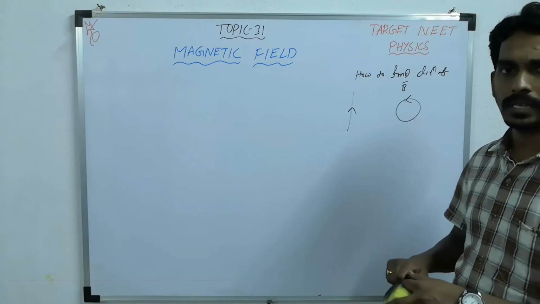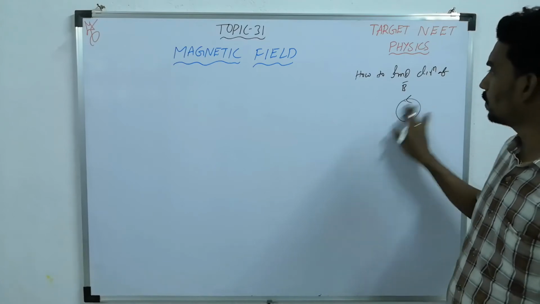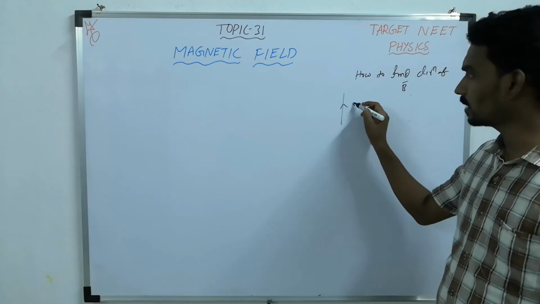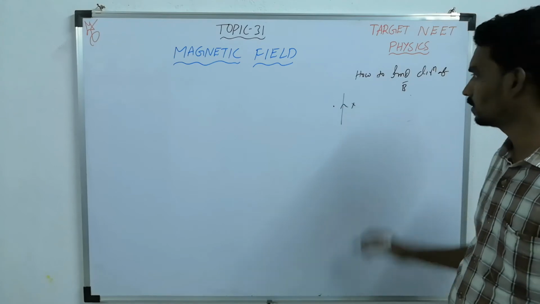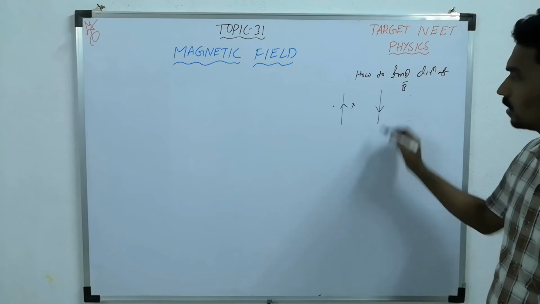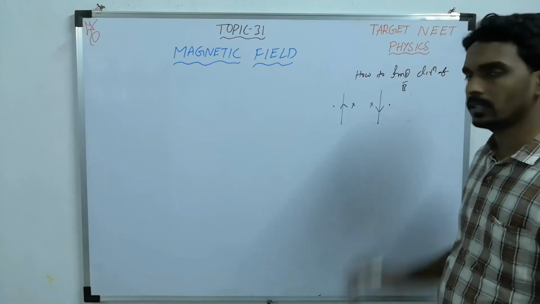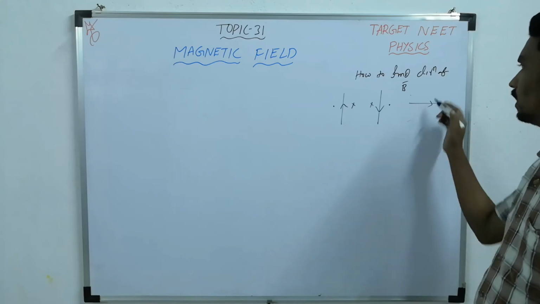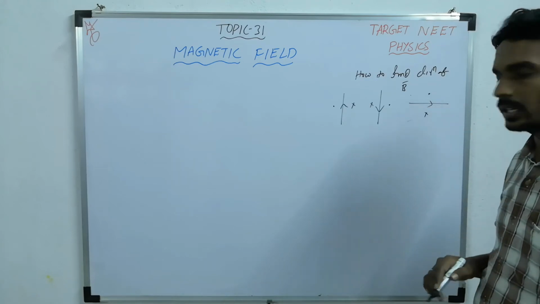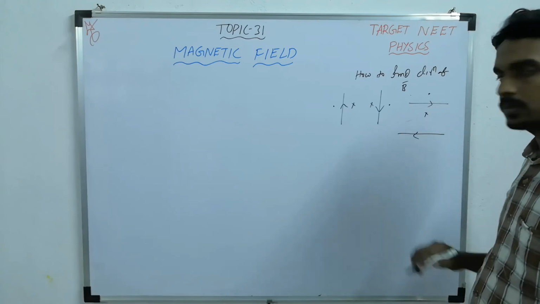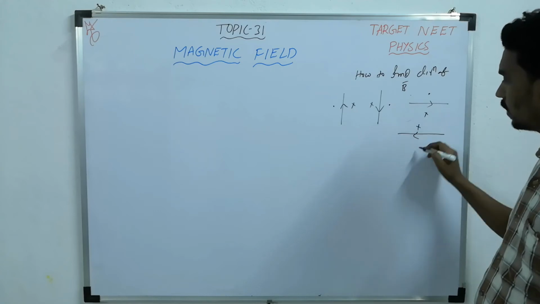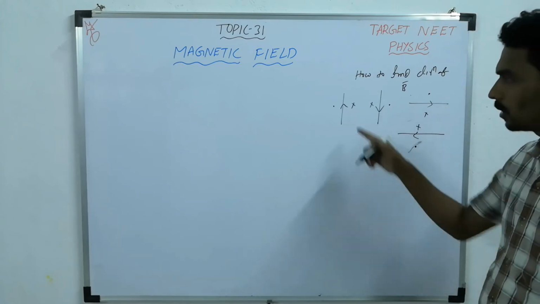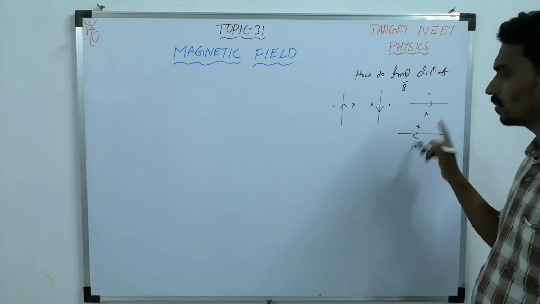And in case of a circular element, the curling should be in the direction of current, and the thumb gives the direction of magnetic field. In a simple way, if there is an upward current, then the right side is inward, left side outward. If there is a downward current, then this becomes inward, this side outward. If there is a rightward current, here outward and below the wire inward. And if there is a leftward current, then here inward, below the wire outward, opposite. If you remember this, you will get it.